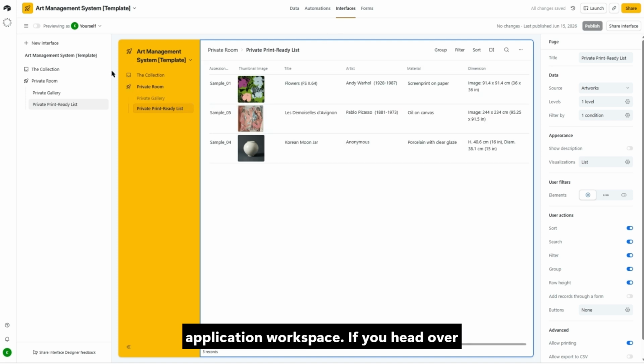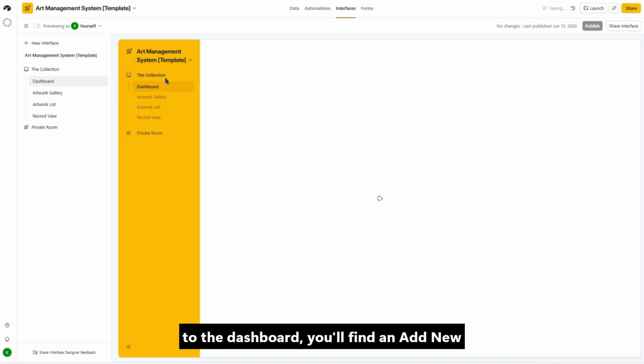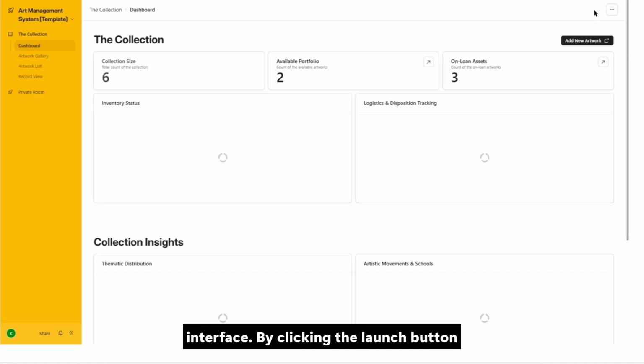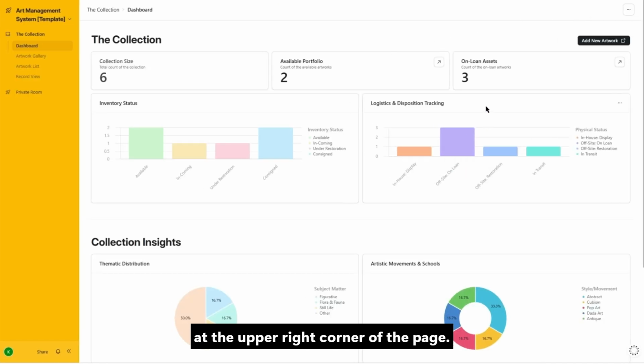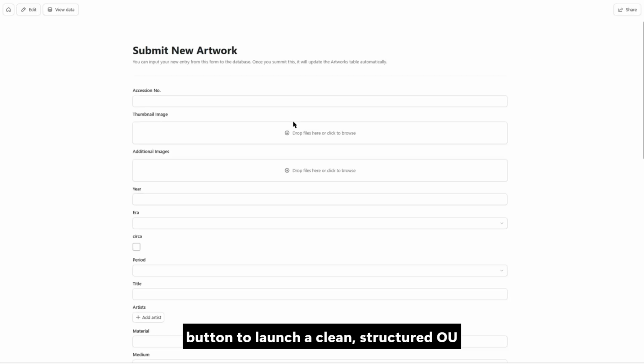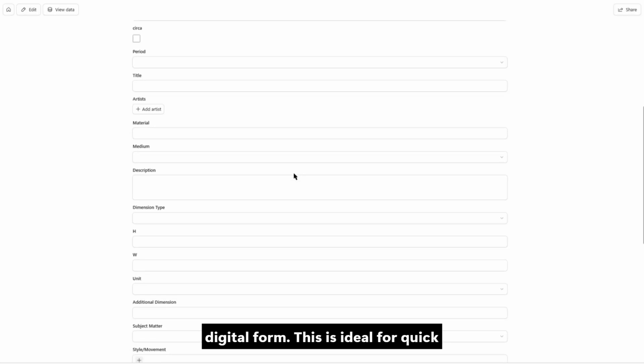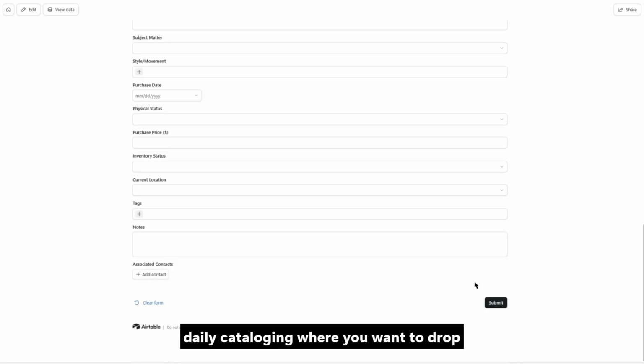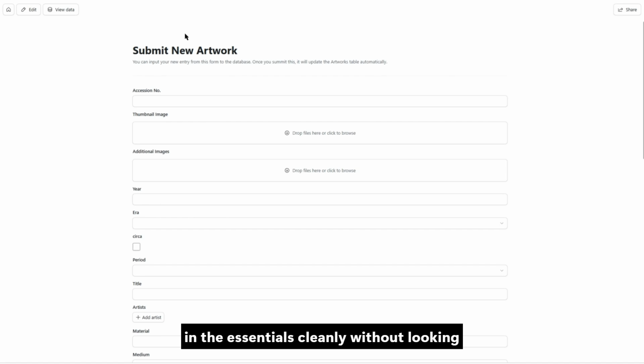If you head over to the dashboard, you'll find an Add New Artwork button positioned right in the upper right corner inside the dashboard. But first, we need to launch the interface app by clicking the Launch button at the upper right corner of the page. After launching the interface, click this button to launch a clean, structured pop-up digital form. This is ideal for quick, daily cataloging where you want to drop in the essentials cleanly without looking at a